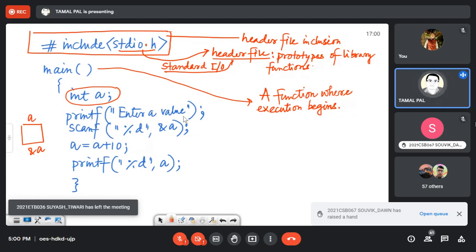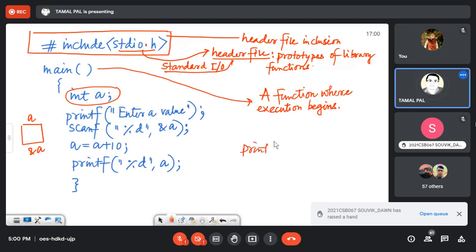Now printf. What you write inside printf will be printed. For example, if I write printf hello, hello will be printed. If I write printf xyz, xyz will be printed.